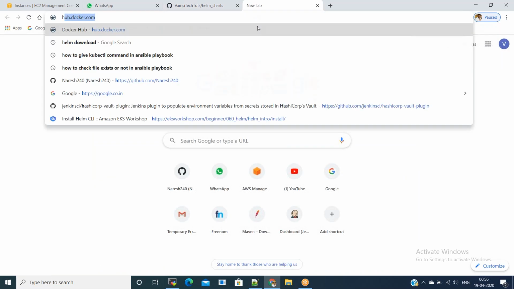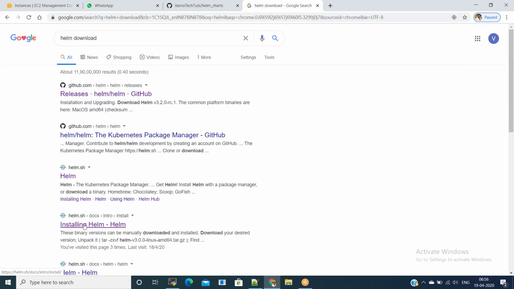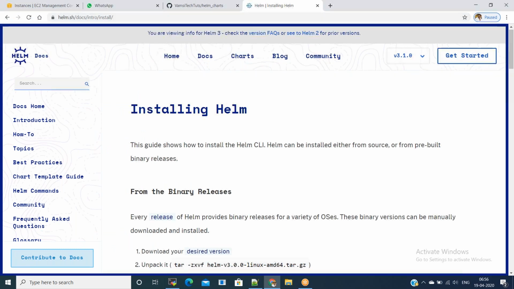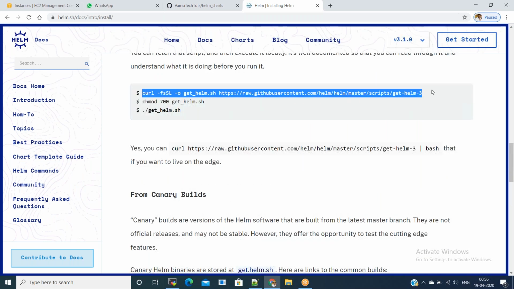This Helm chart, we took it from documentation, and on the EKS cluster you need to install Helm. I'm copying the commands.